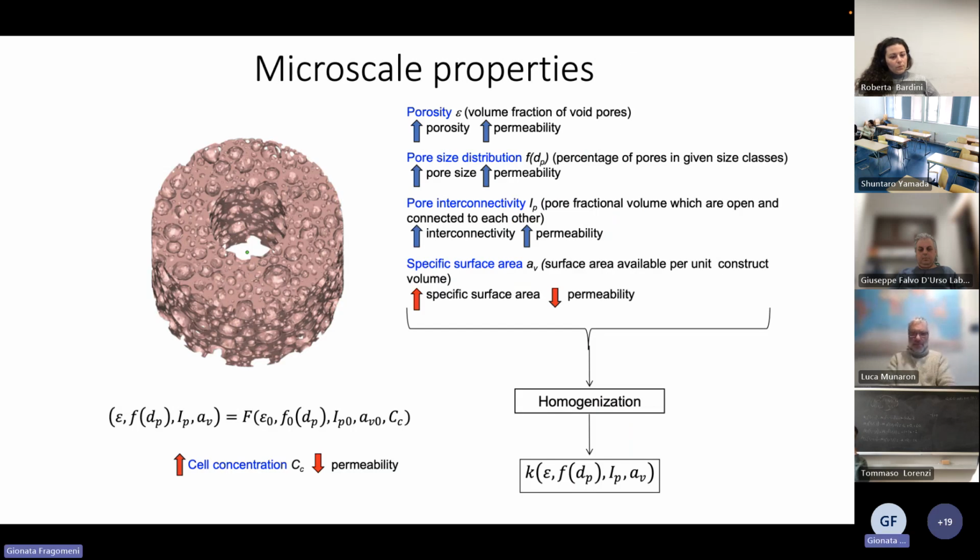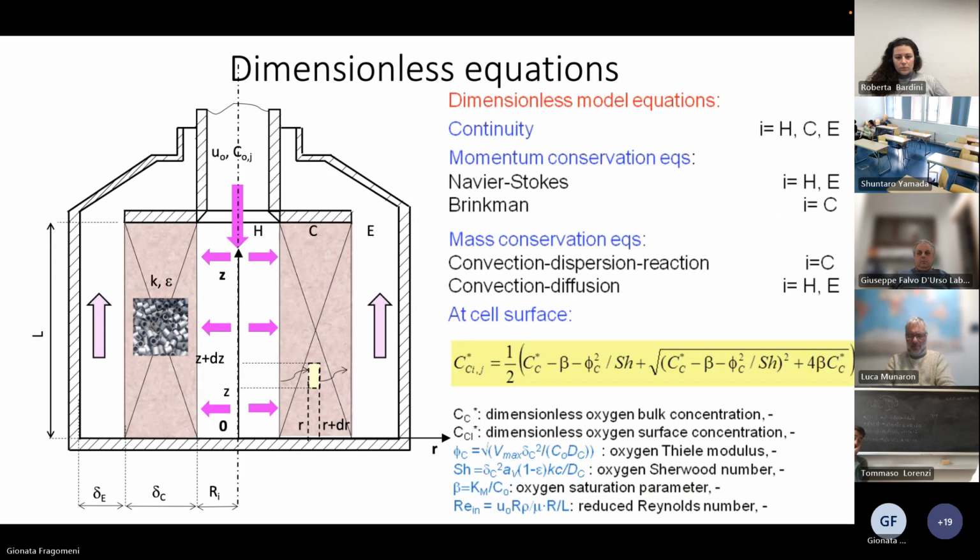We use some scaffolds. Very important parameters are the porosity, the pore size, the interconnectivity between the pores, and the surface area. This is a radial